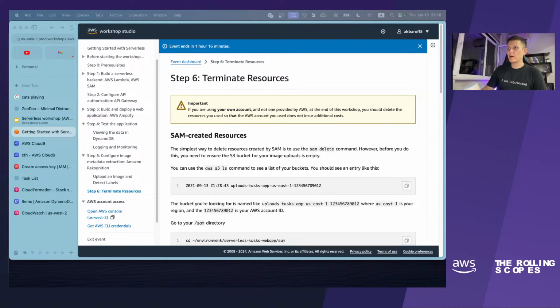So sweeping up after yourselves is very, very important.